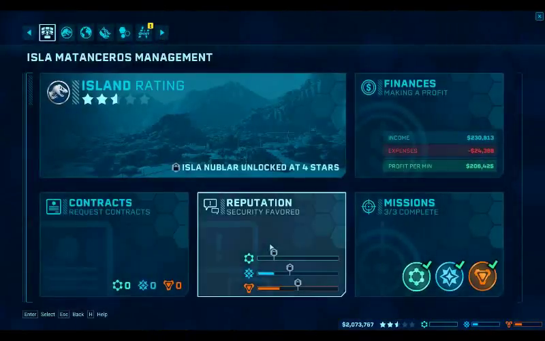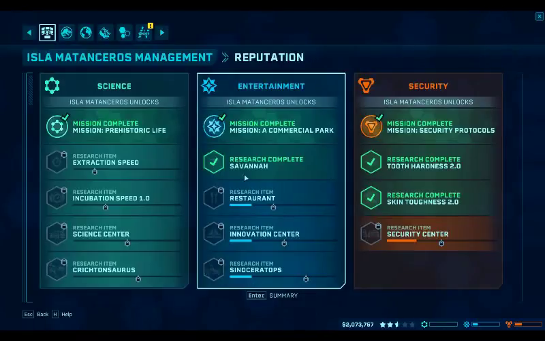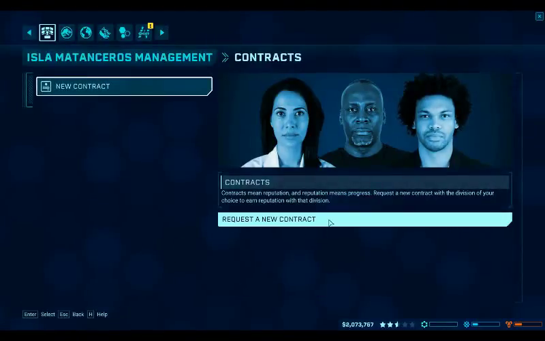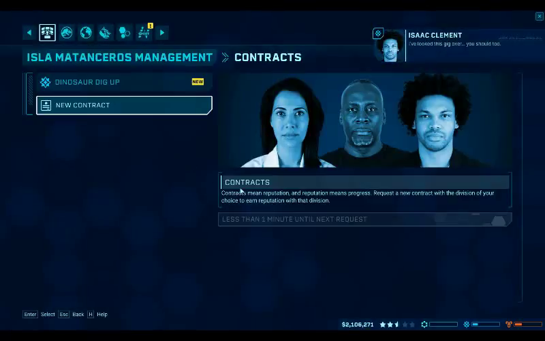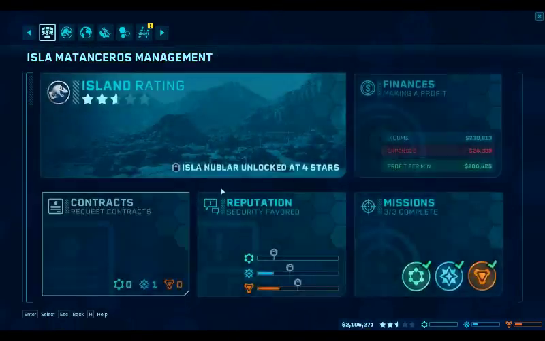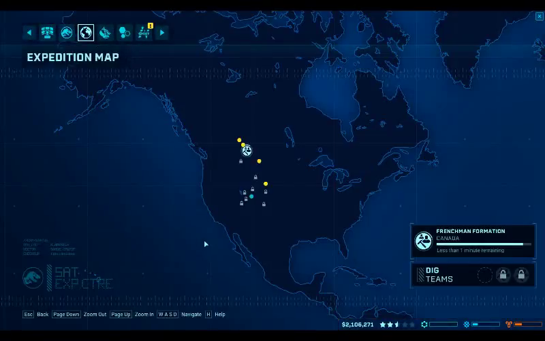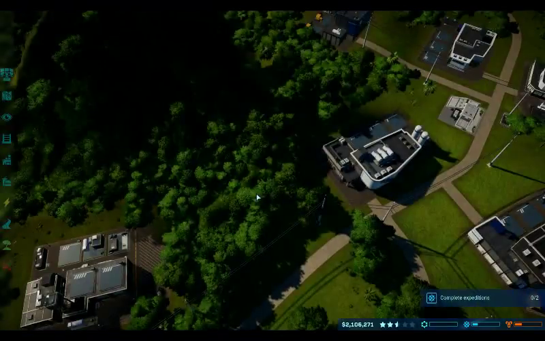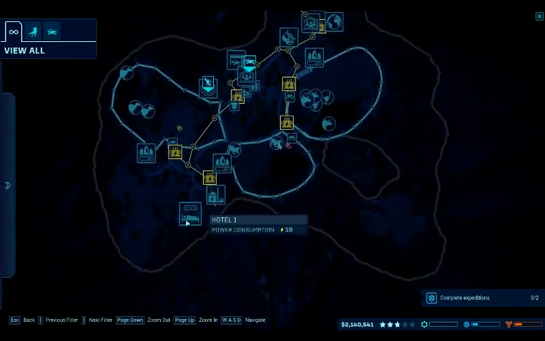Okay, so in order to unlock, in this case, the Sinoceratops, and we need to unlock the Crichtonsaurus and things like this, we just need to keep working on contracts. So let's get a contract from the entertainment to successful expeditions. We can do that. In fact, the expeditions should be on its way with Dracorex. Yes. Alright. Okay, so on this island we had...